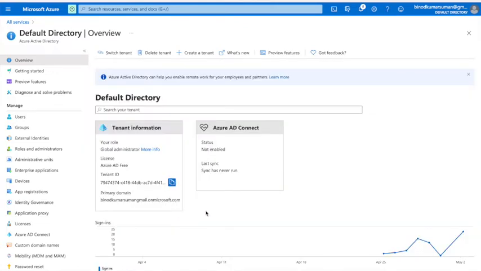Okay. So let me first create the tenant, and I will show how to create the tenant, and then we will not use the tenant. I will use this part, but let me show how to create the tenant.